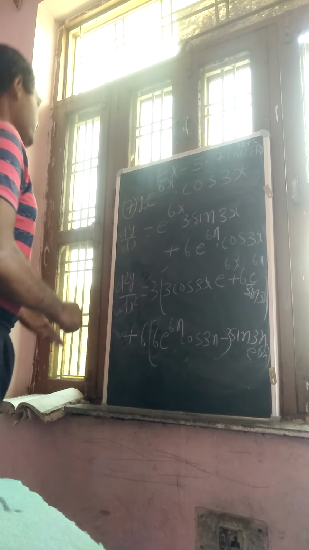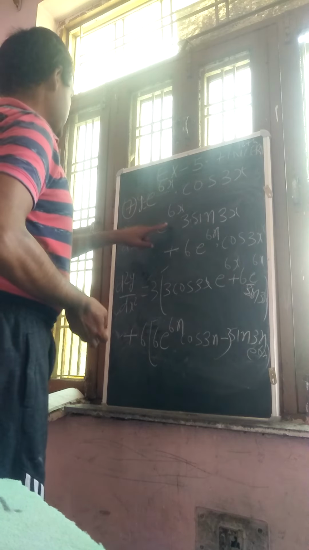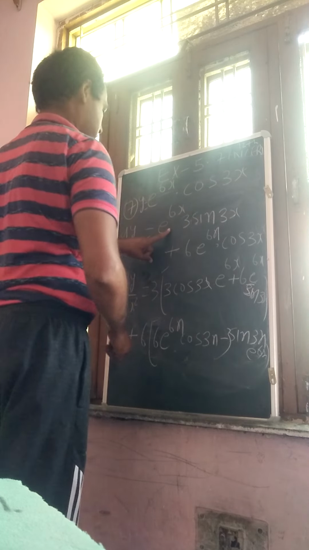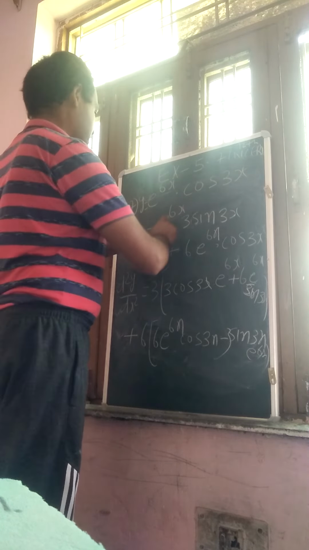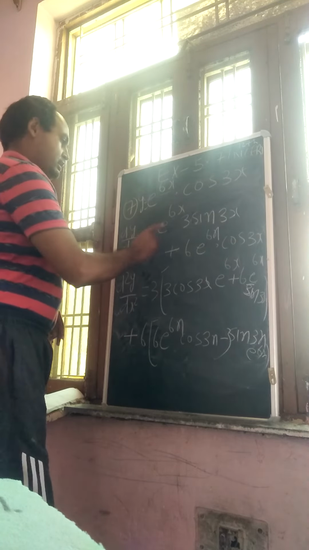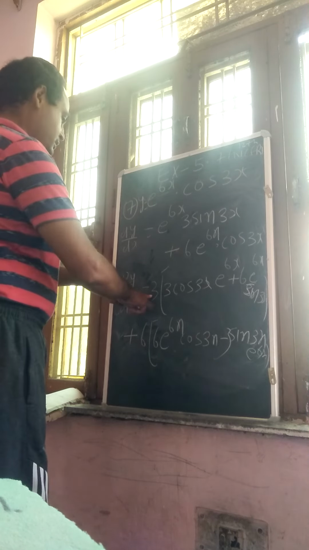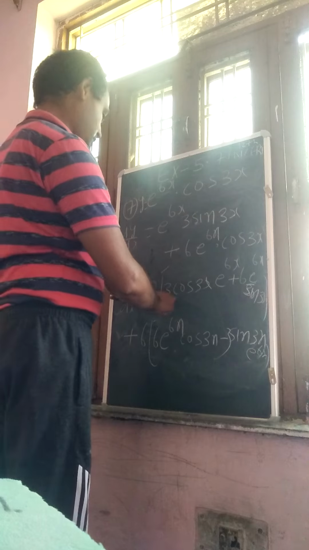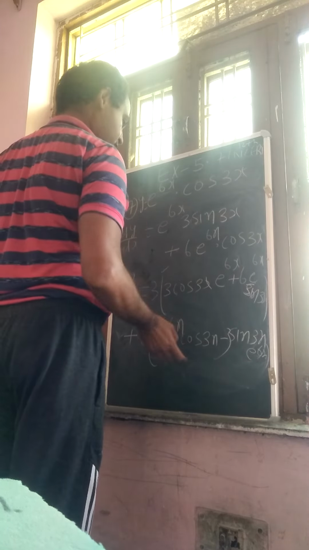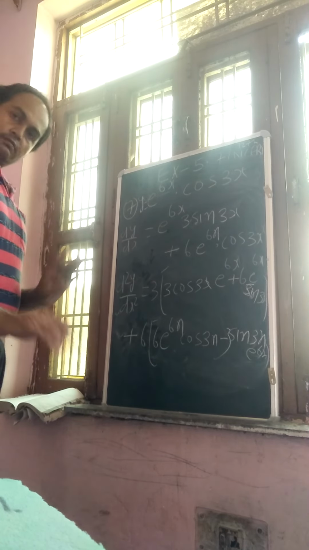We have to explain y equal to e to the power ax, u into v. So u is here e to the power 6x and differentiation of this function, so 3 sin 3x, then plus differentiation of this one, 6 e to the power 6x into cos 3x. Second, we have the second derivative, so 3 remaining constant, so 3 cos 3x, differentiation of this or e to the power 6x. By this way we have to explain u and v formula.